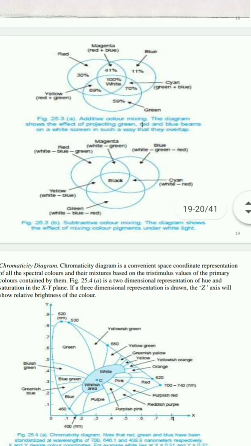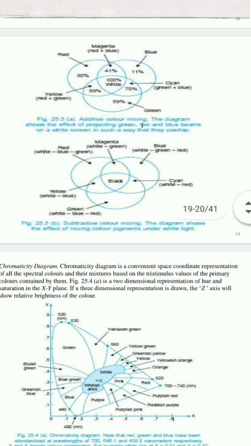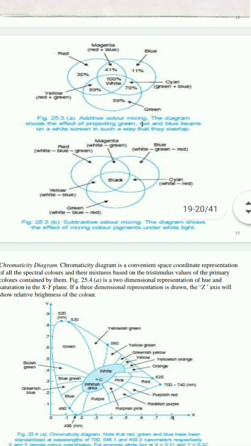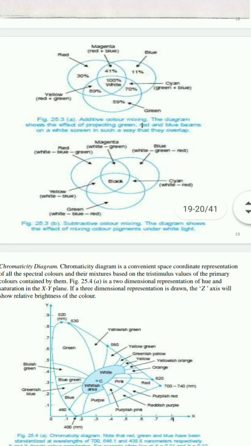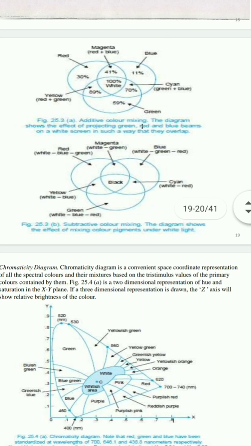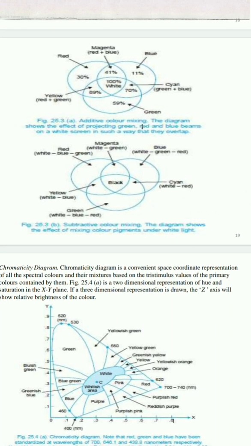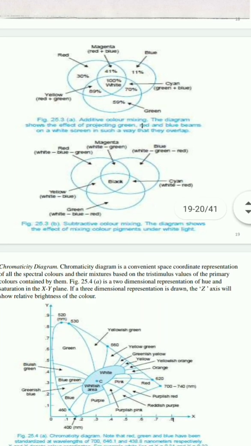So if you see, if we are mixing these primary colors, you will get white, that is nothing but 100%. So you can say white equals 30% red plus 0.59, or if we are writing in percentage, you can say 59% of green color and 11% of blue color.